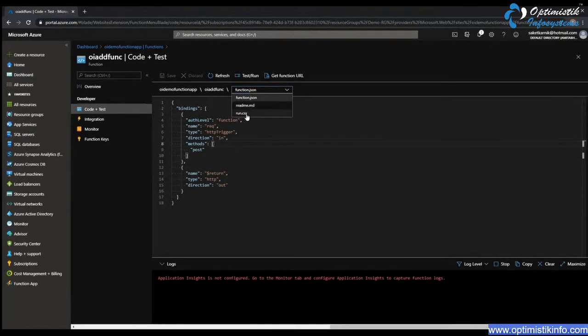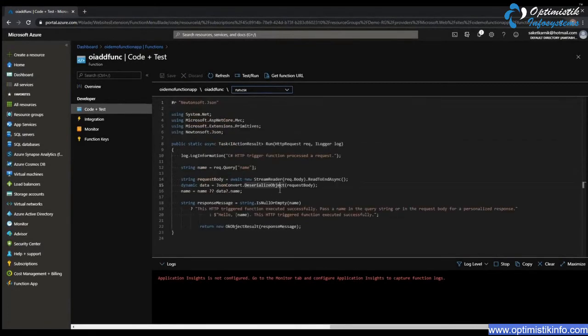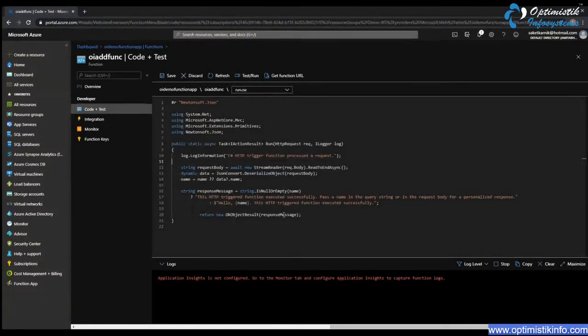and then switch to run.csx, where I don't want this statement. First of all, request body is what I'm looking to read. Same way I'll be reading. Then here I get rid of this name. I'll say I have a variable named a of type integer, where I want to assign